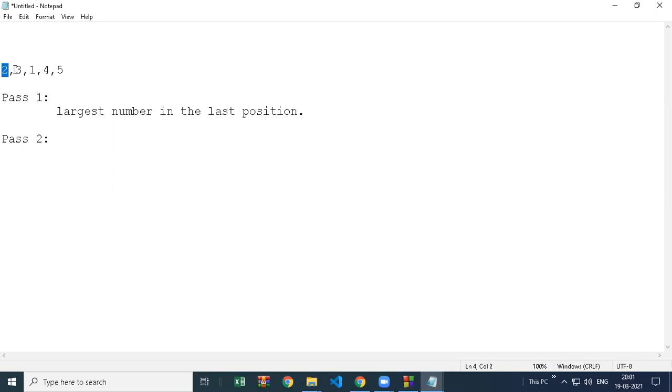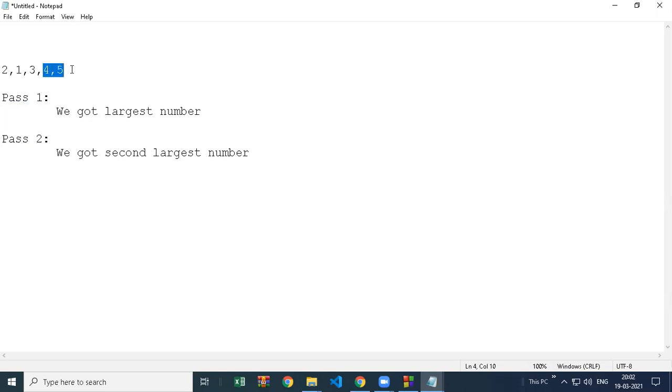We'll do the same thing now. Is 2 greater than 3? No. 3 is greater than 1? Yes. And 3 is greater than 4? No. So that's it. We will not check the last 2 elements because we already know the last element is the largest. So you don't have to make that comparison. Now what did we get in the second pass? We got the second largest number. Here I will write, we got the second largest number, and here we got the largest number.